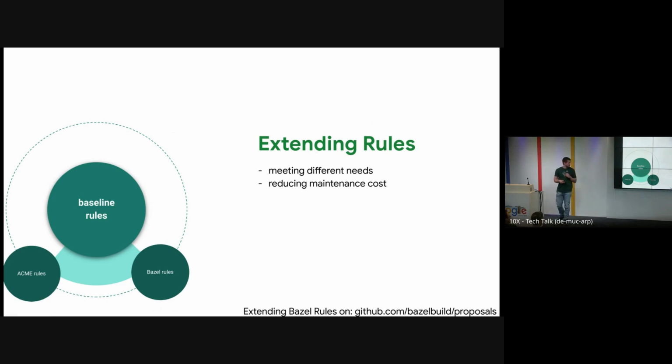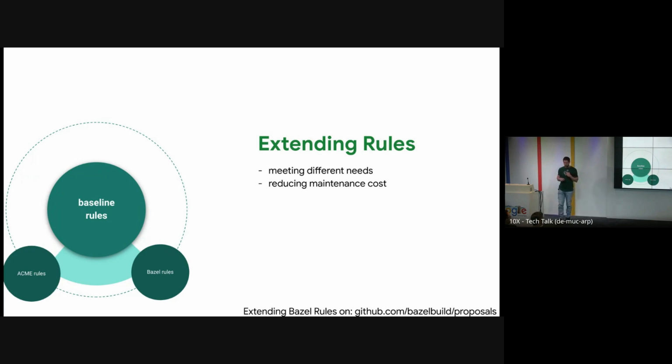And from those baseline rules, if you need additional features that we don't have time to implement or maintain, you can extend the baseline rules to implement those. So it's possible to do the extension internally for an arbitrary company or for smaller Bazel users. To be true to this cause, we are also going to do the same internally. So all of our Google rules will be extensions of the baseline rules. This way we can meet different needs.